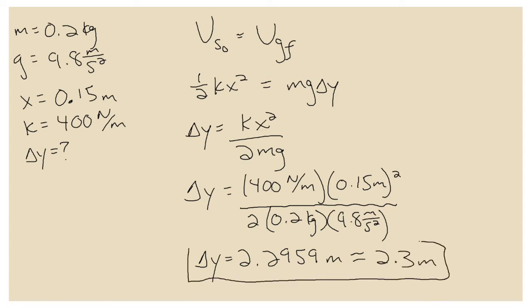And that's it. Now, there are a lot of ways that you could have solved that problem. In fact, since you already calculated the speed, you could have said the kinetic energy that this thing has once it is launched by the slingshot ends up being equal to the gravitational potential energy. We do have a little bit of